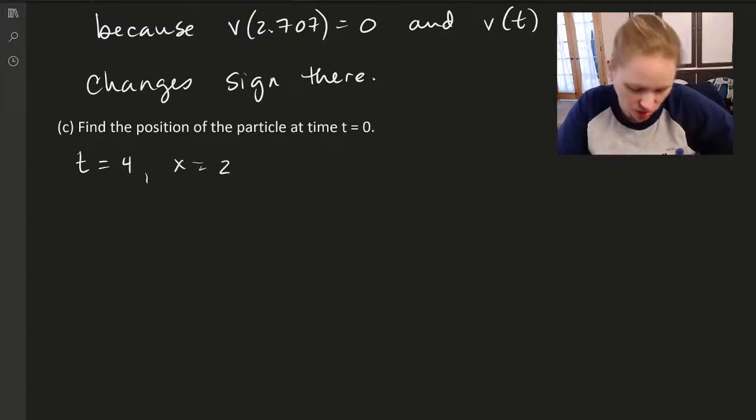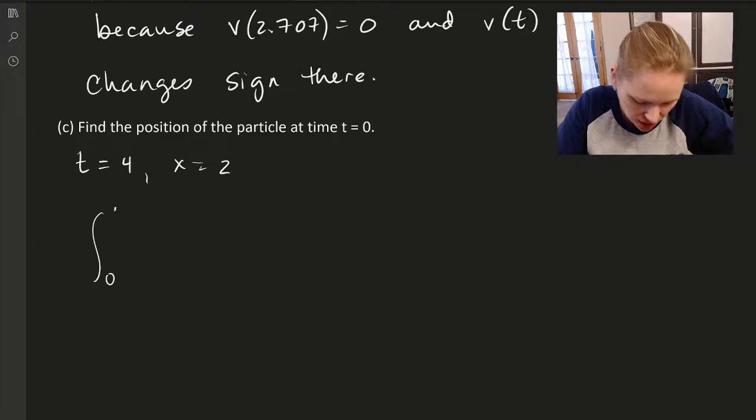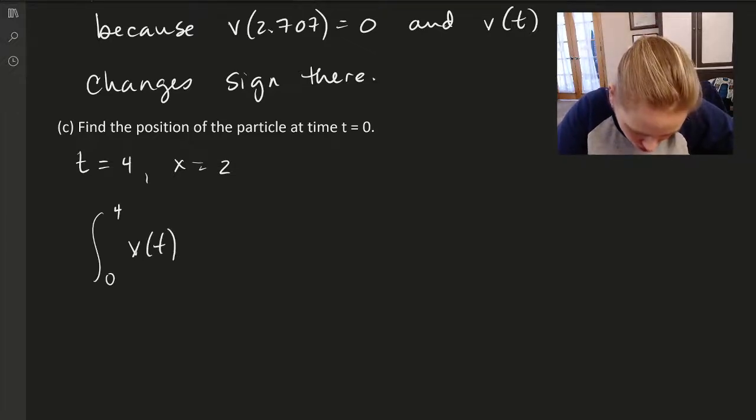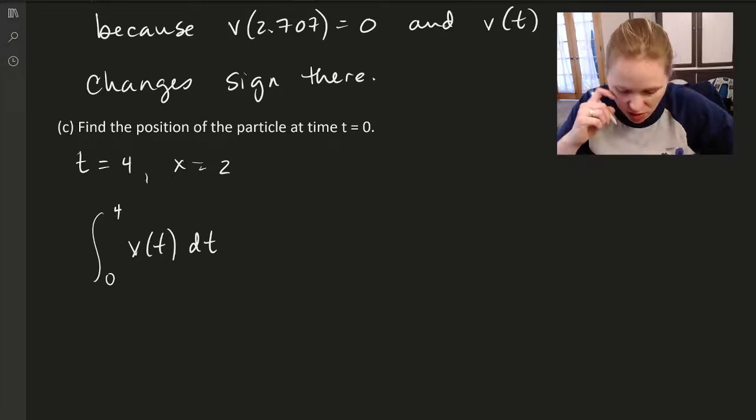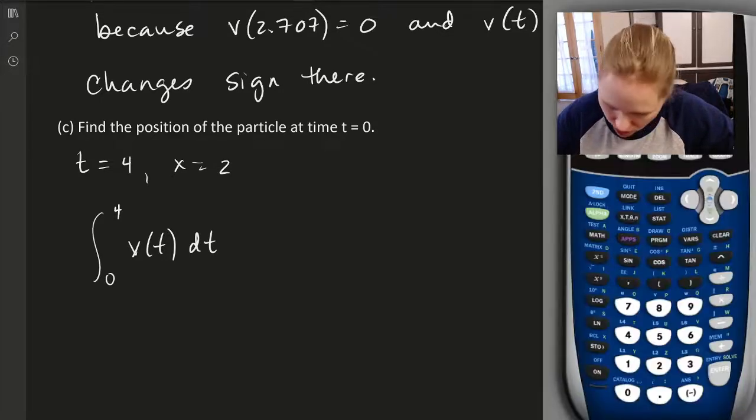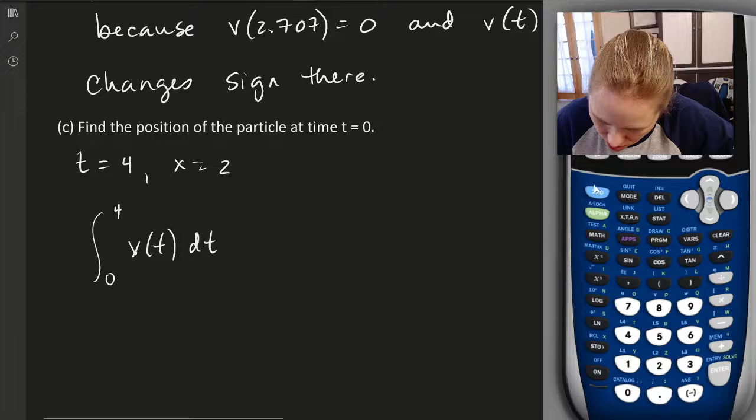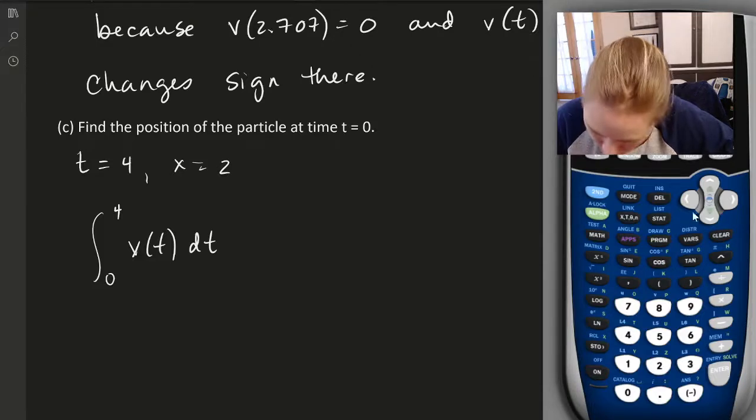So what we need to do is find the displacement from 0 to 4 and figure out what that is. So let's go ahead and work through that. The displacement from 0 to 4, I'm going to do that in my graphing calculator. So I'm going to do math 9. It's an integral. So from 0 to 4,